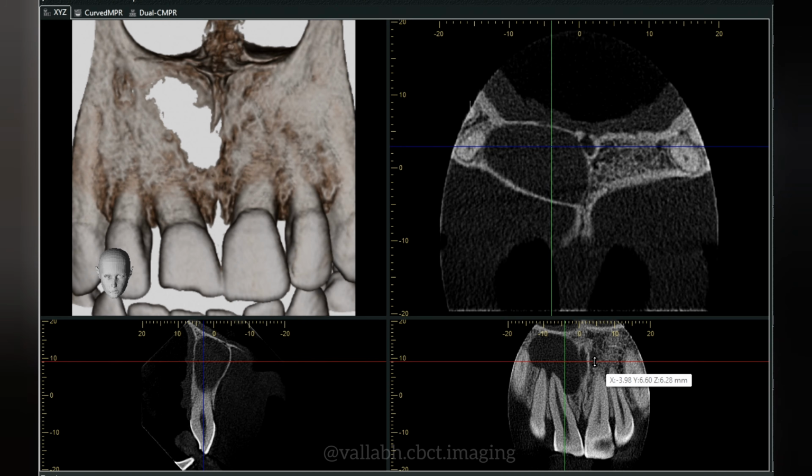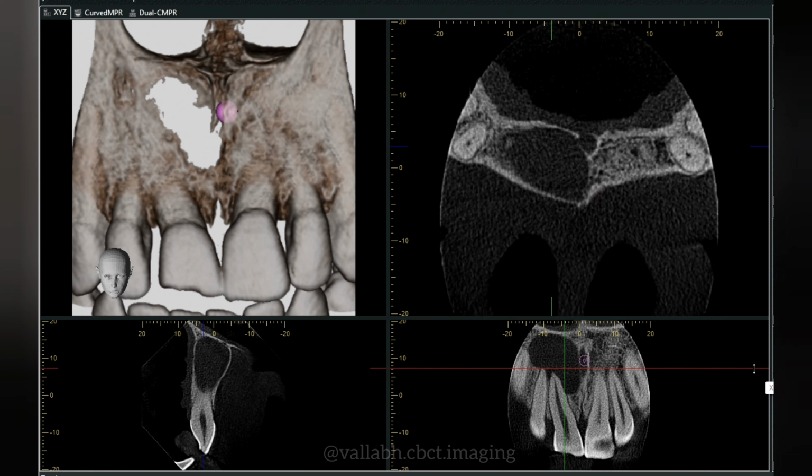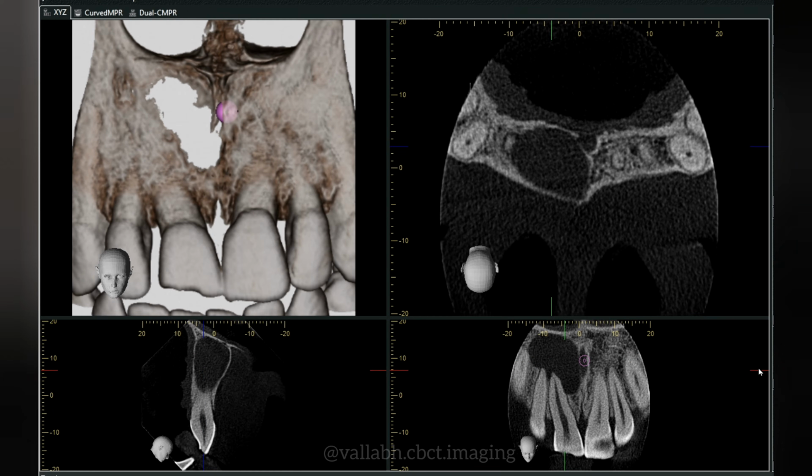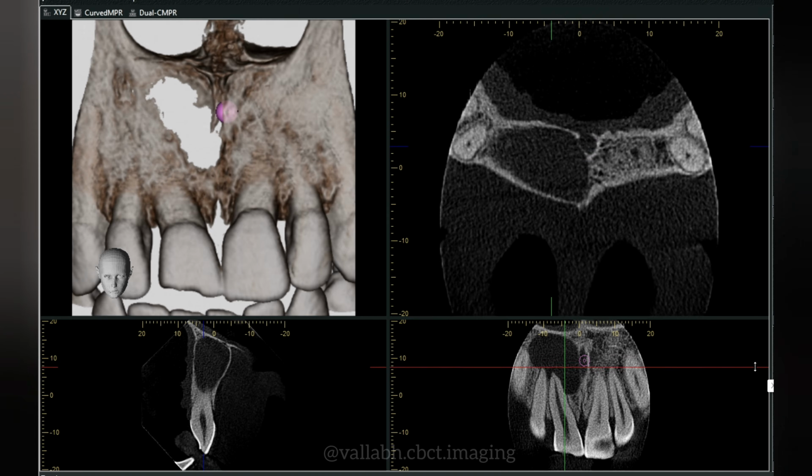So this is the internal aspect of the swelling. This round dot seen is nothing but the nasopalatine nerve canal or the incisive canal. We can clearly make out that the lesion is in contact with the nasopalatine nerve canal cortex. There's a faint radiolucent line that separates the nerve from the lesion. It's a fine trabecular pattern, but as we go apically, you can see the faint radiopaque line